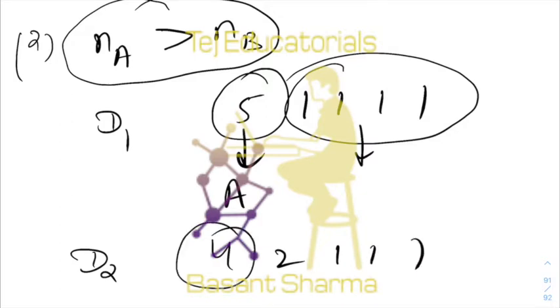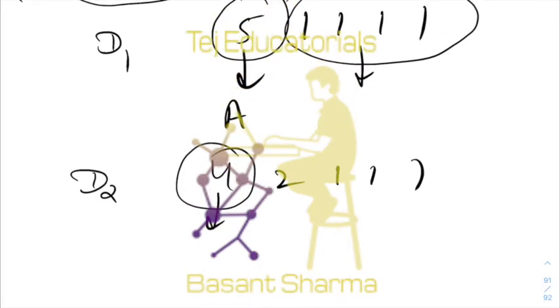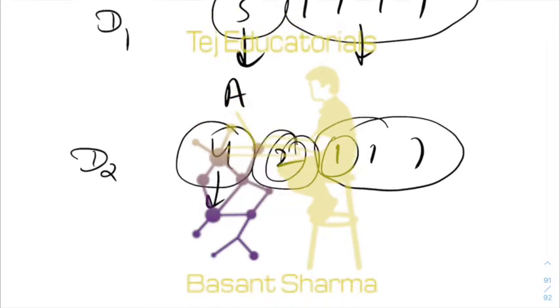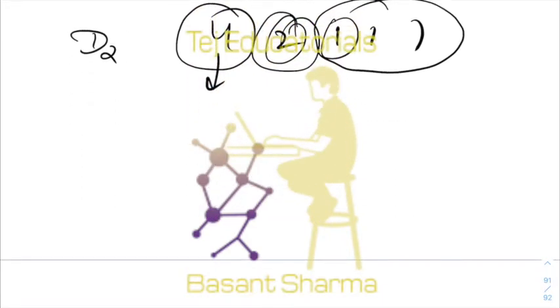A can get, there is only one possibility, A should get one possibility is that A can get this group of size 4 and B can get a group of size 2 or 1. Or A can get a group of size 2 and B can get any one group out of these 3, doesn't matter. So in this way we have to think along these lines. Now you see how to proceed.